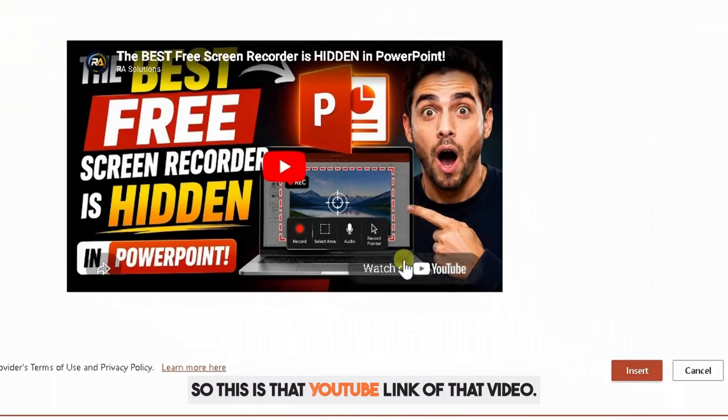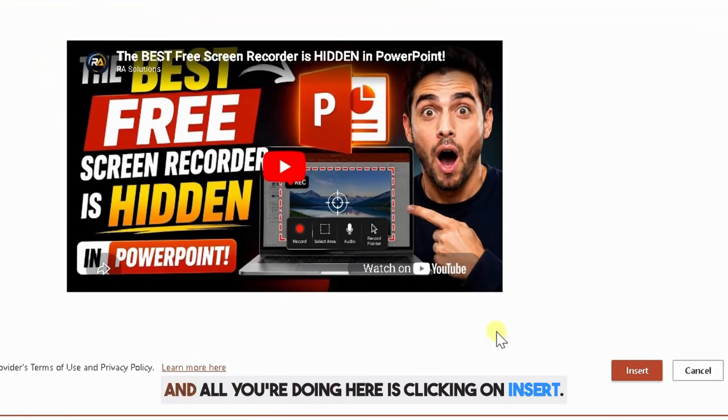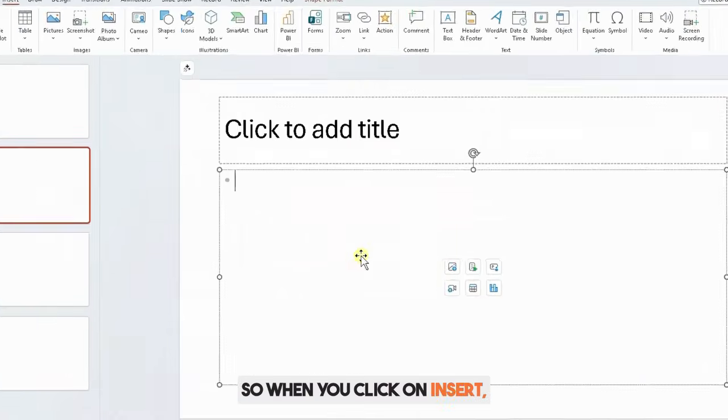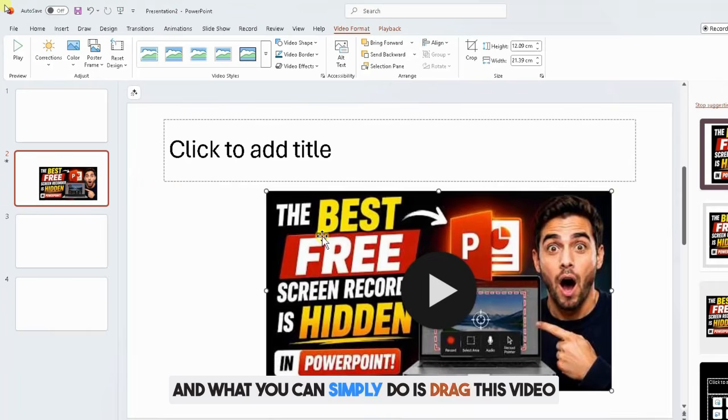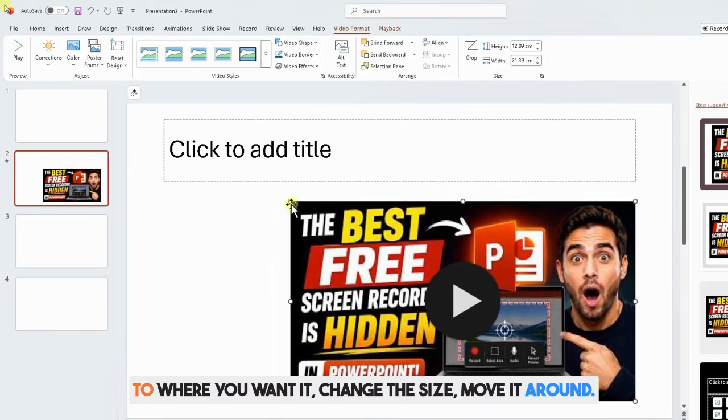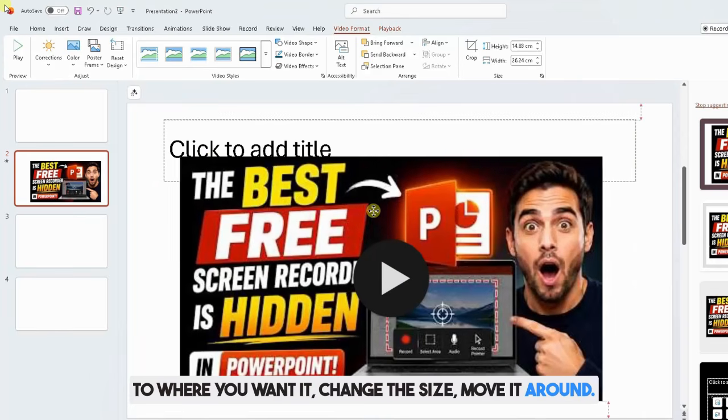So this is that YouTube link of that video. And all you're doing here is clicking on Insert. When you click on Insert, it's pasted or embedded the video into this slide. And what you can simply do is drag this video to where you want it, change the size,